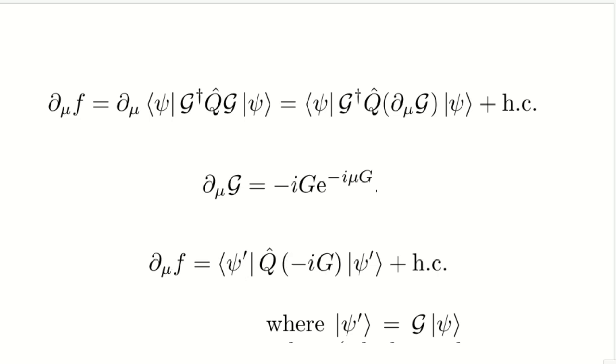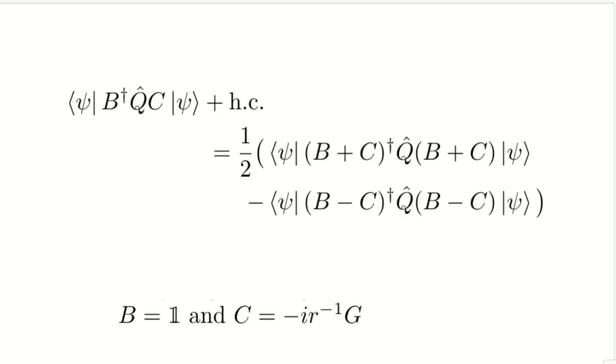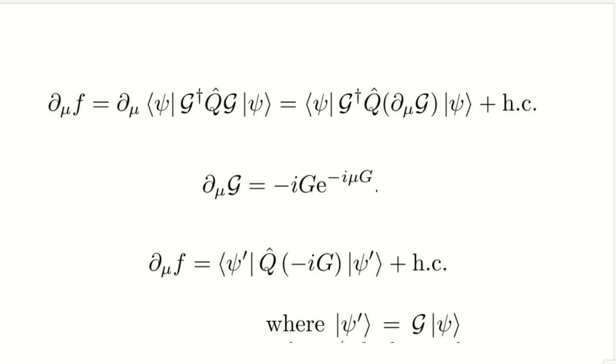Now, in general, any such expression, what I've written on the right hand side, can be written in this form. In this case, this is a very general case where you have b, c, q hat, plus its Hermitian conjugate. You can write it in this form. It's very easy to prove. If you expand this thing, you'll end up with these two terms, this plus its Hermitian conjugate. So in our case, we have b as the identity, you don't have anything here, and c is equal to minus I times g.